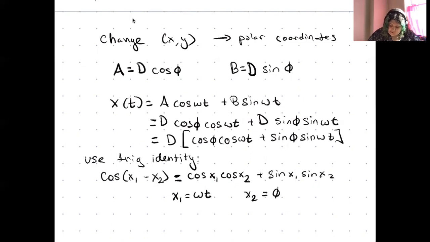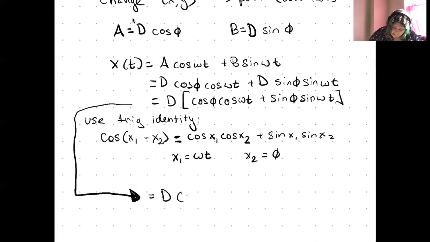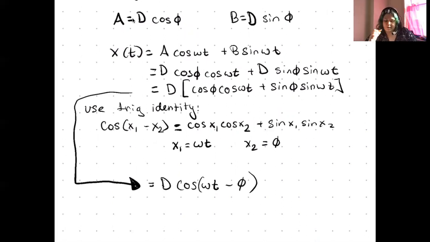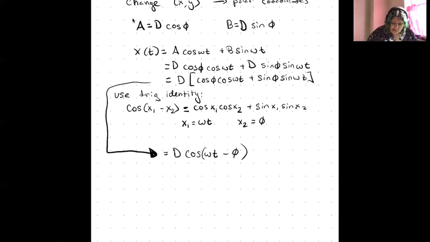And x2 is phi. So that tells me that I can rewrite this as D, and then this tells me that it's cosine omega t minus phi. Okay, so that's how we can get that form, but now we need to know how do we find